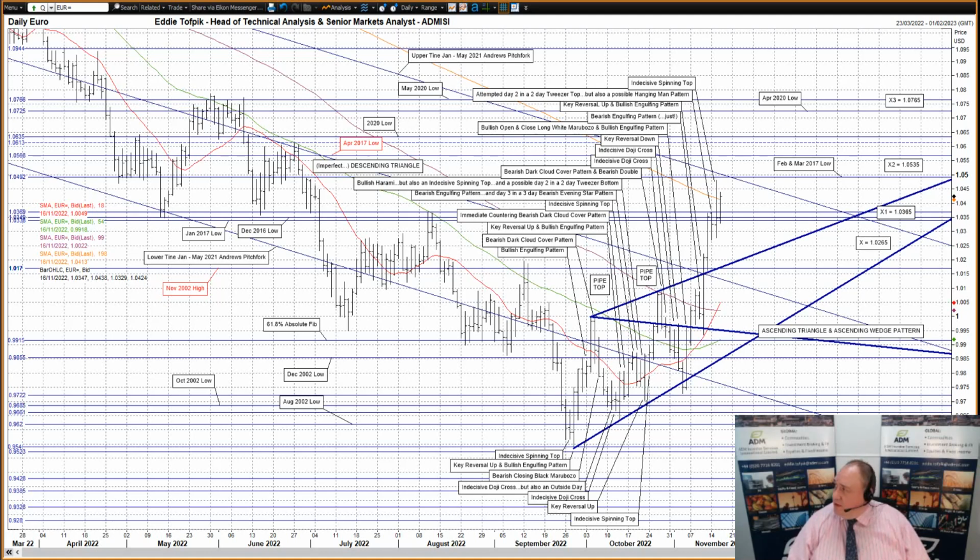I'll start with euro against the dollar. A long-legged indecisive spinning top yesterday, especially the tongue on the top, which punched up through the congestion between 103.38 to 103.69, as well as the declining long-moving average, currently 104.13. The market almost reached up to the next overhead resistances, but shied away from testing the February and March 2017 lows at 104.92 and the upper time, currently 105.03, of the broken but seemingly still influential January to May 2021